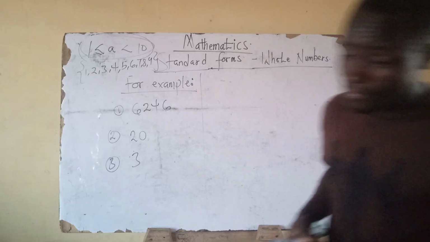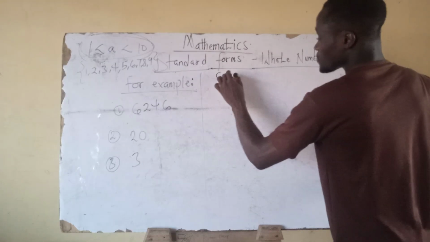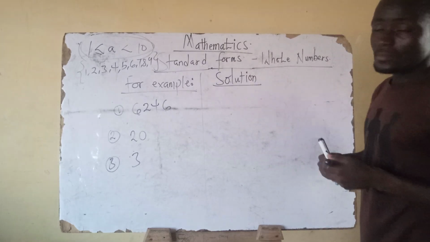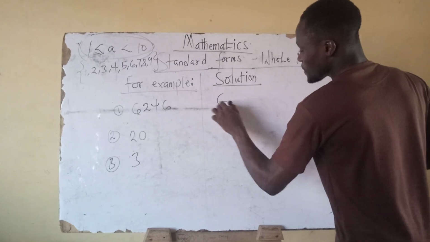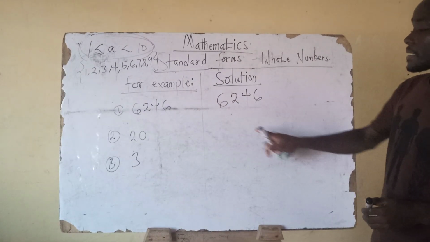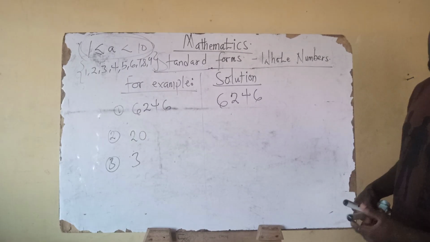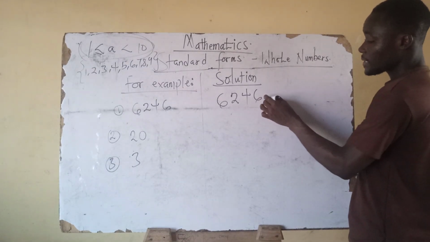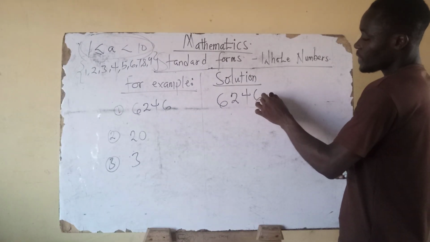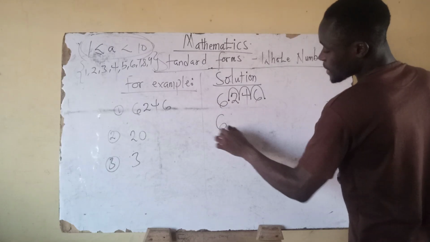I have my solution. So my solution is starting with this. Now 6,246. 6,246 is a whole number, and we said every whole number has a decimal point behind it. So there is a decimal point here, but then I'm going to move the decimal point to my left hand side. So I'm going to move it 1, 2, 3. Now we are going to end here, and our answer becomes